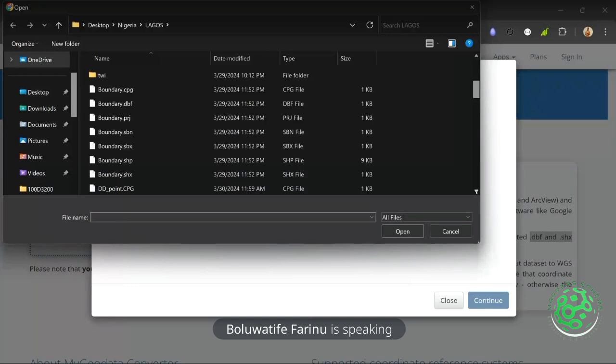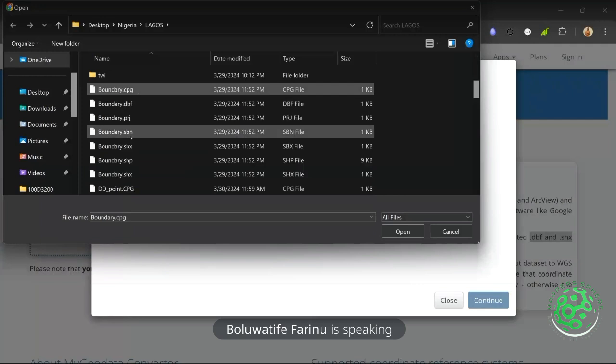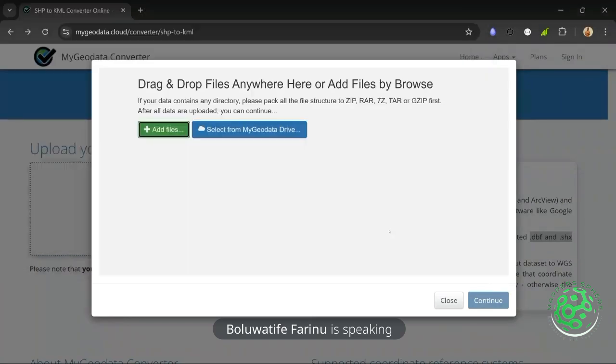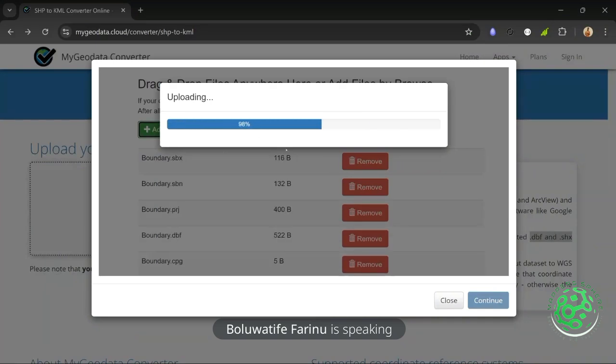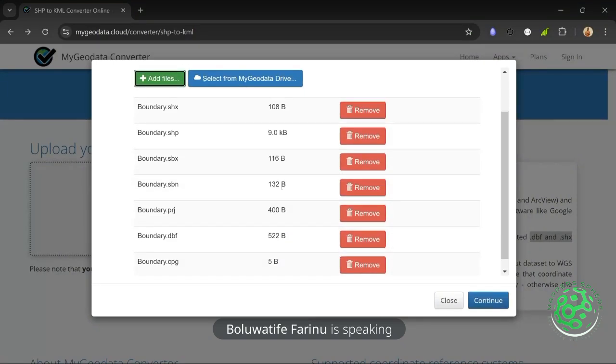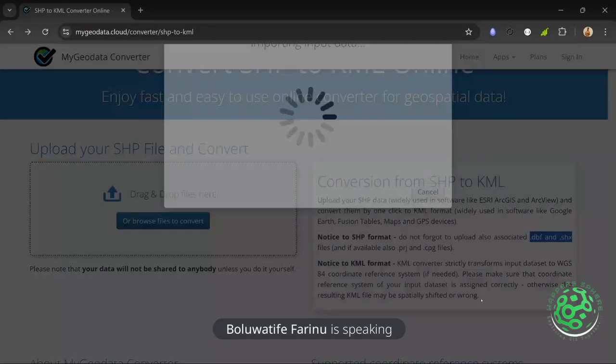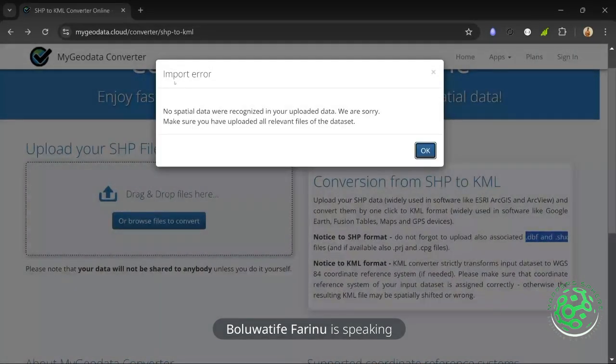So what I would do here is to just select all these files since they are my boundary files, and by the time I select, I just click on open and it will automatically upload them. So by the time it uploads, if I don't upload the necessary file, like it says here, to upload the .dbf and .shx. So let me remove the .shx for instance here. By the time I click on continue, it will just tell me import error because that particular one is missing. But by the time I select everything correctly,